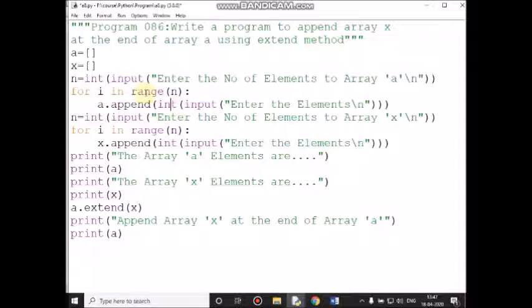Now control comes here and it will increment the i value, 2 will become 3. 3 less than 3 condition is false, then control comes here. So once again I am going to read the n value. The innermost function, the input function, will display the message, enter the number of elements to array x.